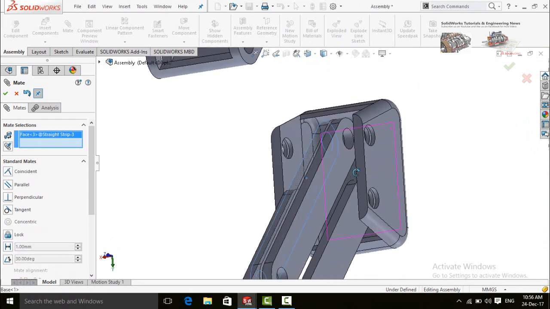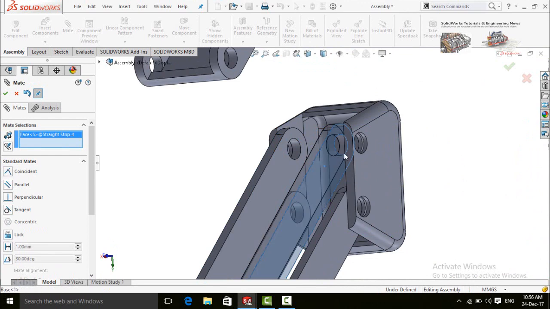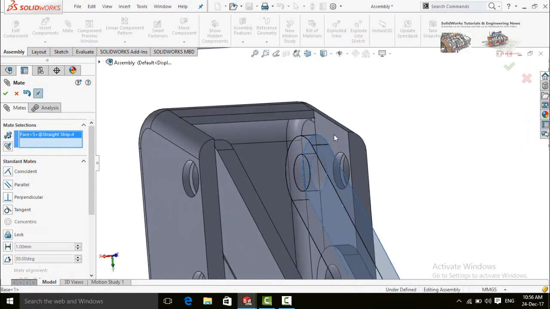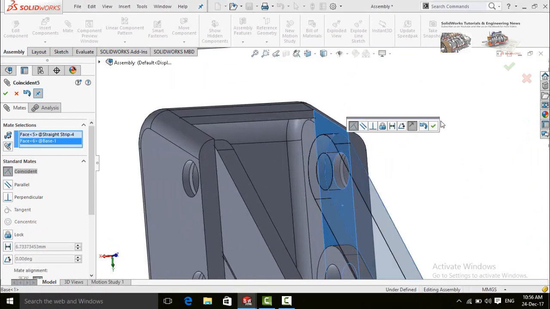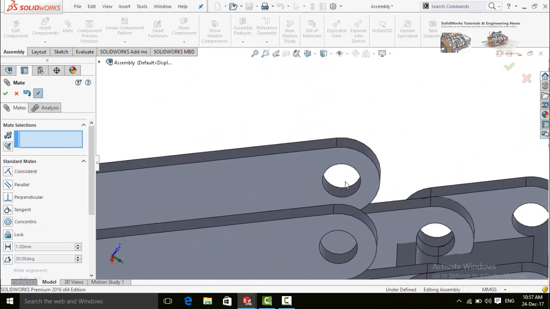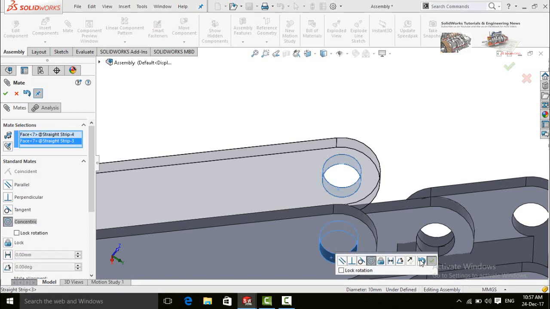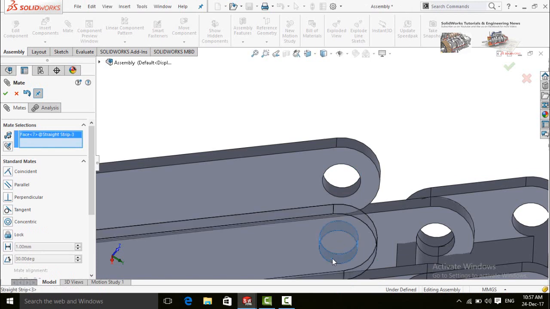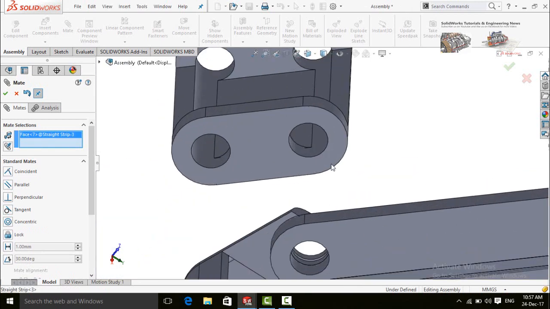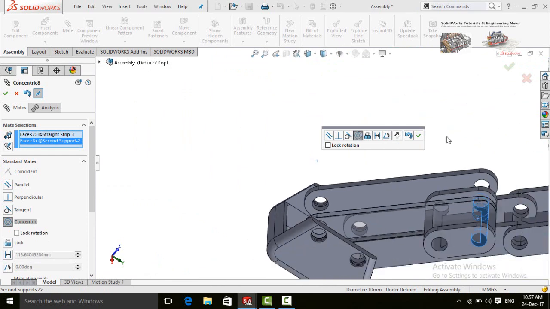Now select this face and this face. Also select this face of straight strip with this face of base. Now select this cylindrical face and this cylindrical face. Press OK button.